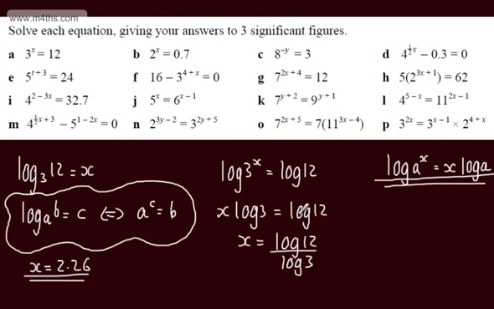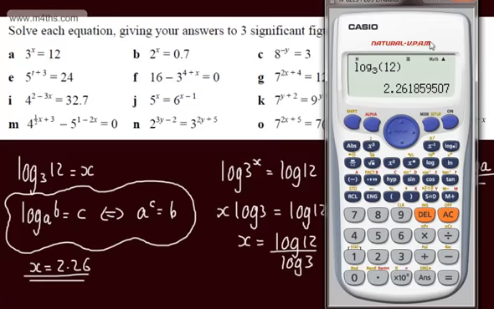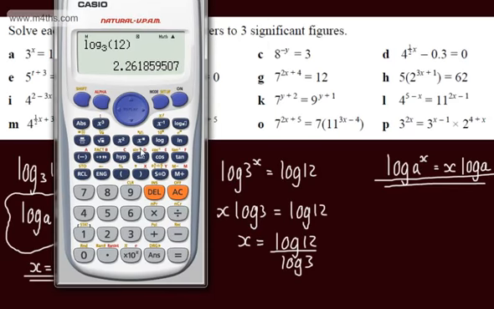So in a calculator, I'm going to go ahead and evaluate this. So what we've got then is the following. I've got log, so I'm going to use base 10. Base 10 is just here. So we've got now log 12 divided by log 3. And that's going to give us now 2.26